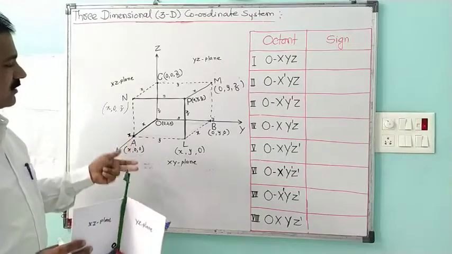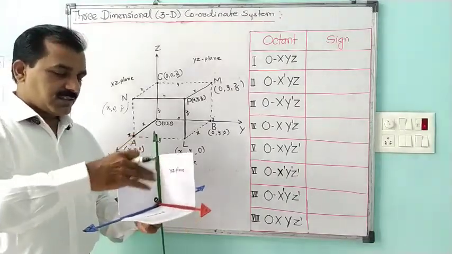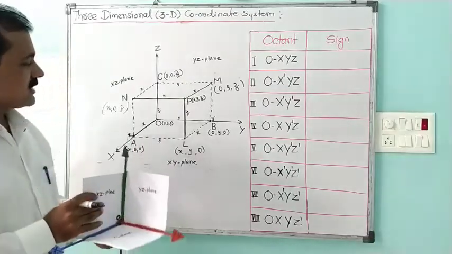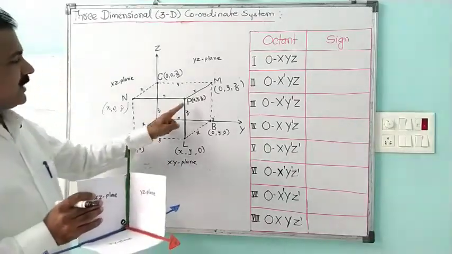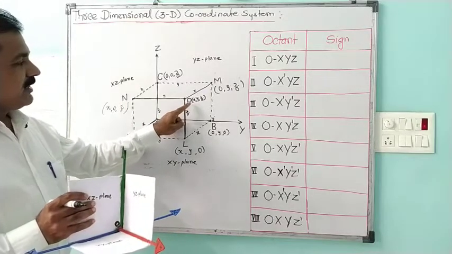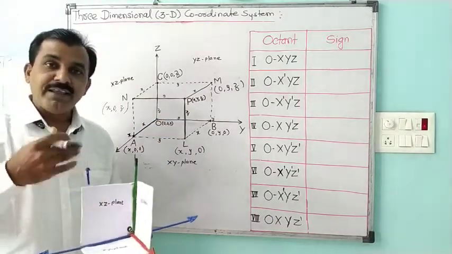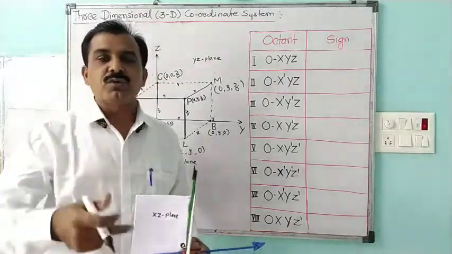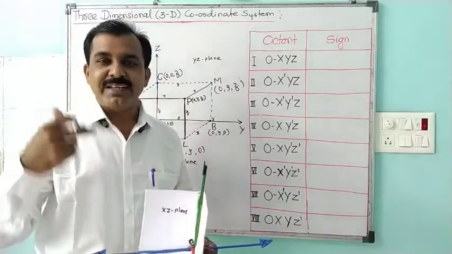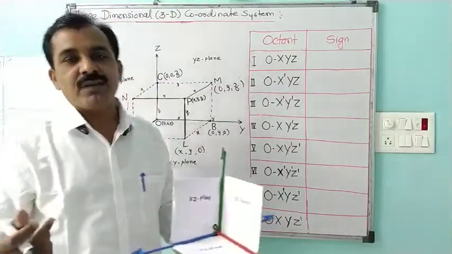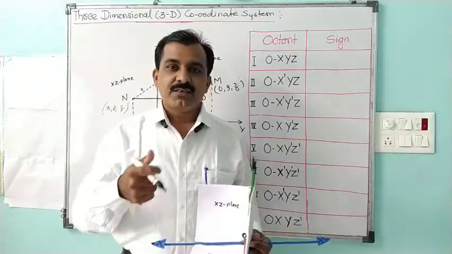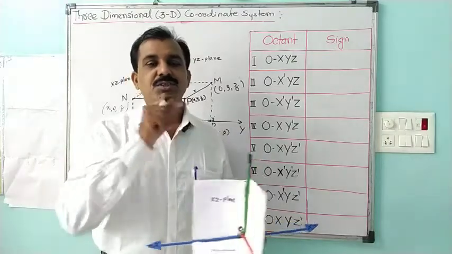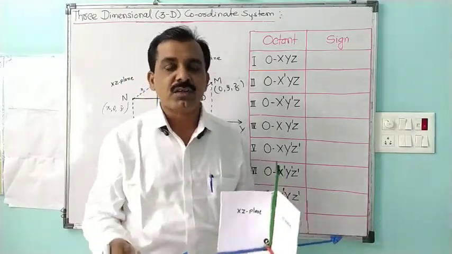Here our whole target was to discuss the point when it lies in the first octant. Now we want to discuss when a point just like P is lying in other octants, meaning the second octant, third octant, fourth octant, fifth, sixth, seventh and eighth. So we have considered one simple right hand rule system which gives us the anti-clockwise rotation about this positive z axis and gives us the different octants.